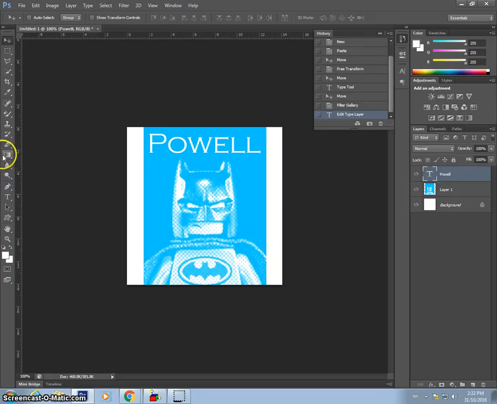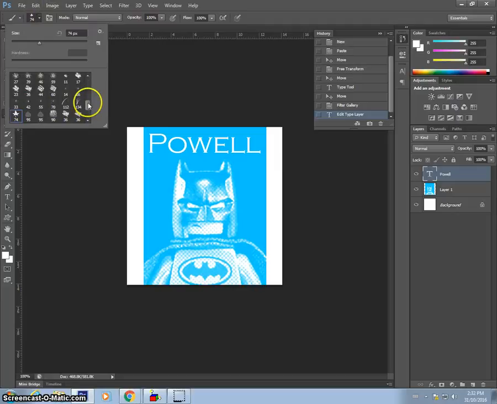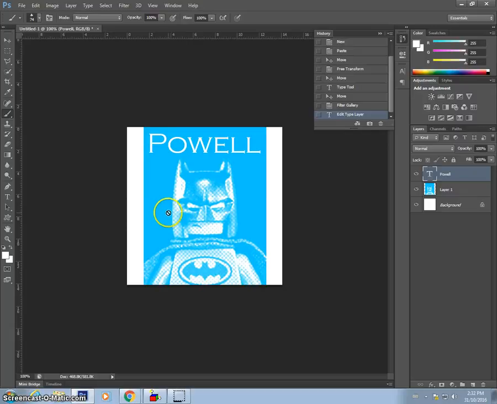Okay. Now, the last two things I want to do, I said I wanted to add color, and I wanted to add some kind of image or some kind of graphic that I've created. So for adding color, you could mess around with the gradient tool, or if you wanted to get the brush tool. Brush tool's kind of neat. There are a bunch of preset brushes in here. Like number 74 is a leaf. So let's